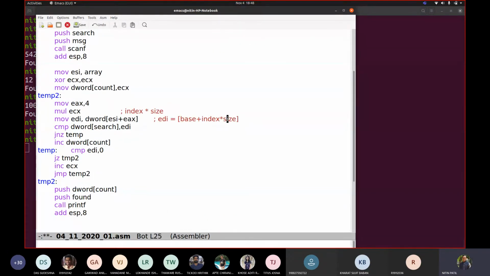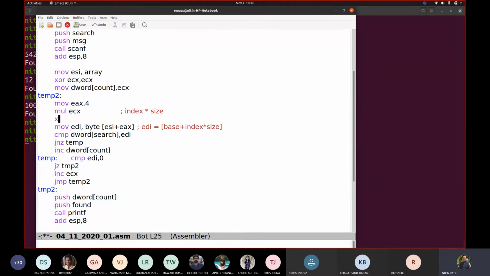Now a change is required over here. So we have to take it as byte. We'll say XOR EDX, EDX. Here we will use DL, byte DL. Correct.